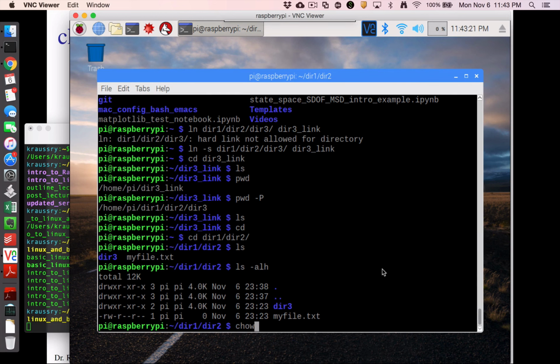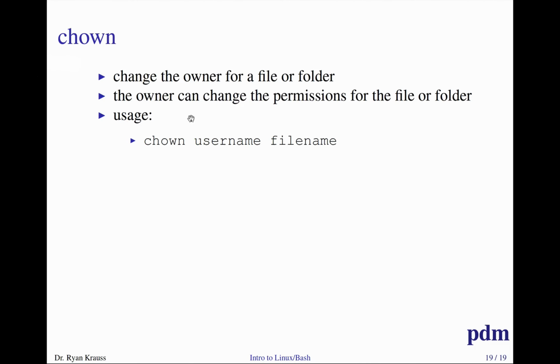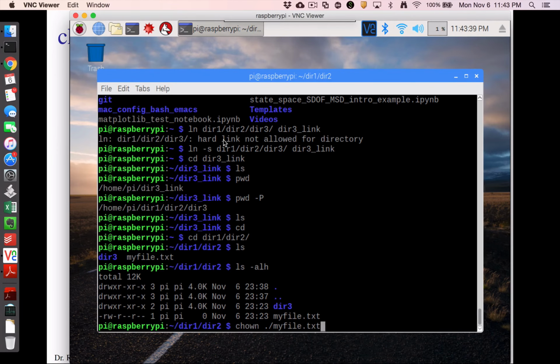I could say chown my file. You would think I could. I'm not feeling good about my tab completion here. Am I getting it wrong? Oh, it's the user and then the file name. Okay, so that's why. So if I said I want root to now be the owner of that file,